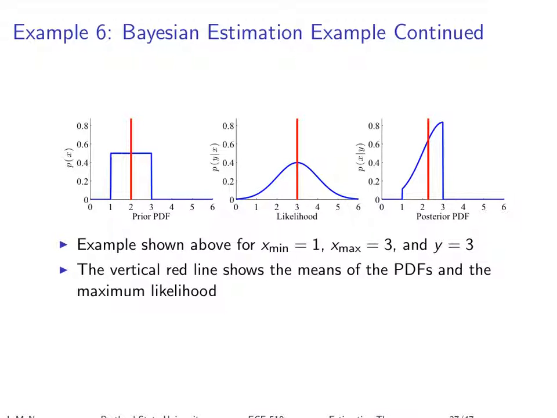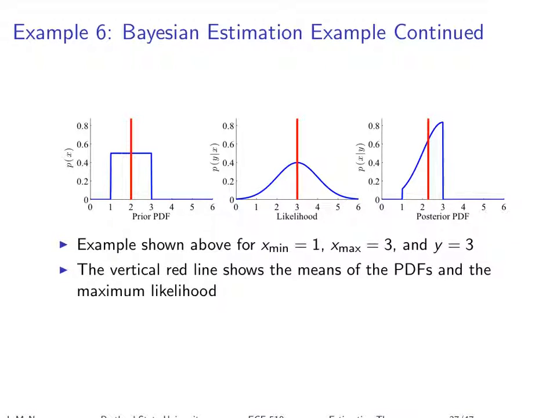And if you had no measurements, then your best guess, if you want to minimize mean squared error, would simply be at the middle of your range between 3 and 1. In the absence of any other information, you basically say all values are equally probable, and if you want to minimize mean squared error, you go right to the middle. The vertical line shows the mean. So based on the prior alone, we would guess 2.